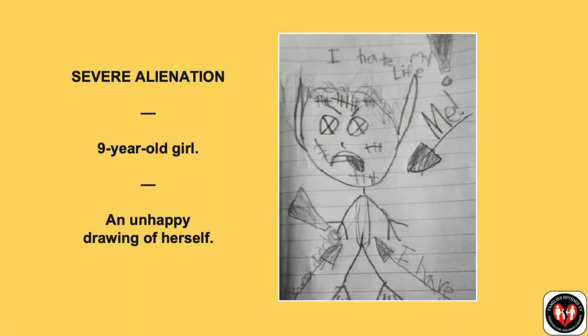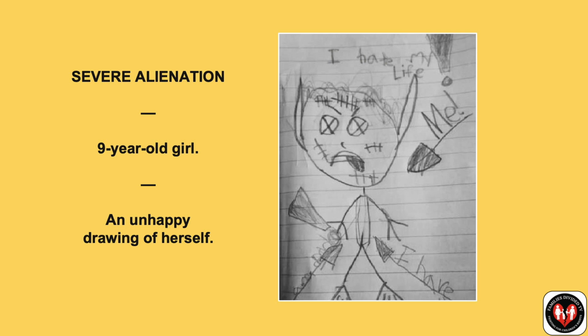And I use them to illustrate the mental state of a child who has parental alienation, especially, as you can see, these are more severe cases of parental alienation. So some of these are pretty sad. I've got to give you a little heads up, a little bit of a warning, that they're a little bit grim. So please take a look at this first one, which is a case of severe parental alienation in a